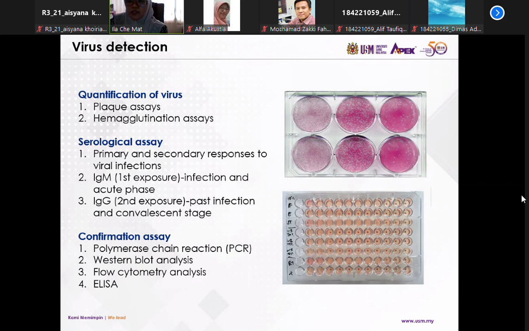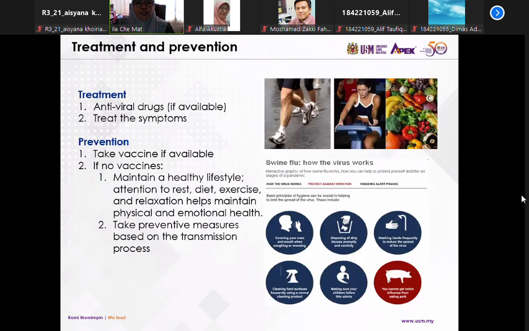And in confirmation assay, this one you can use the PCR, Western blot analysis, flow cytometry, and also ELISA. I'm not sure how much you learn about this, but these are the confirmation assays, and they're more accurate if you want to check for the presence of the virus, especially for PCR, because we use a specific gene for a specific virus that we want to detect. We can even detect the strain, so that's why this one is better. Okay. So for the treatment,